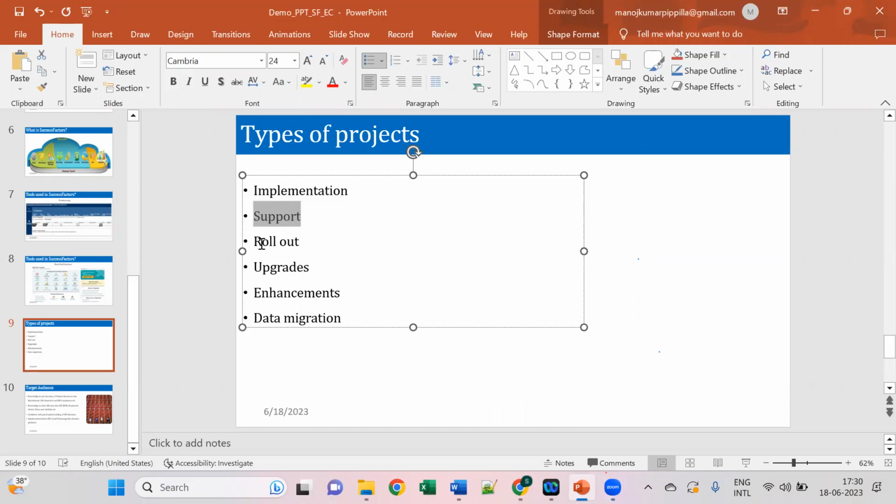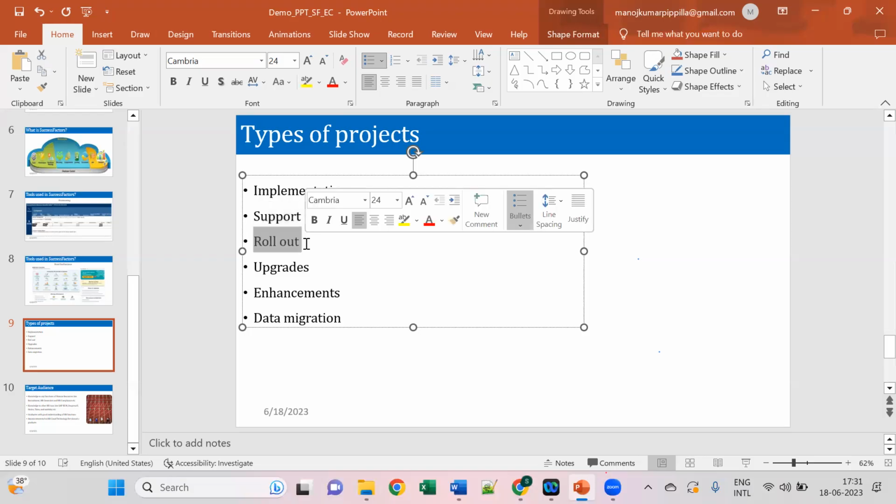Apart from that, there are projects where, for example, they have developed the system for 10 countries, but their company is located in 2 more countries and they want to implement Success Factors for those 2 as well. In that case, are we going to develop the application newly? No, because the application is already there for 10 countries and we need to extend it for 2 more. Those types of projects are rollouts.